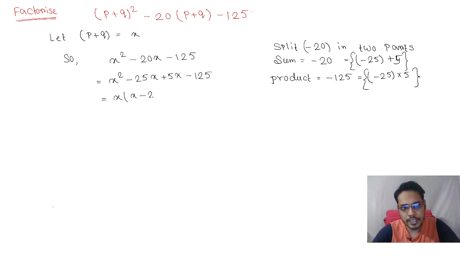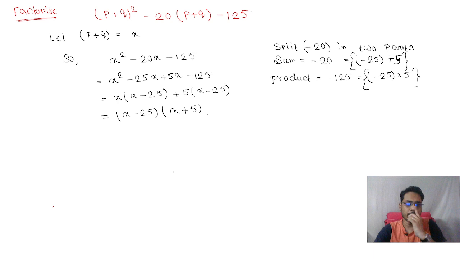So x minus 25 plus 5 common, x minus 25. So x minus 25 is common. So take x minus 25 common. So here it will be x minus 25 into x plus 5. Now we know that we assumed that x is equal to p plus q. Now put the value. So after putting the value,